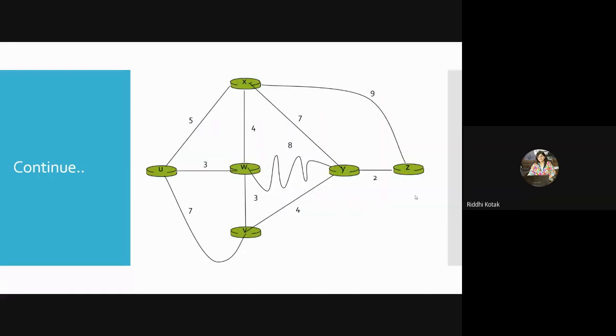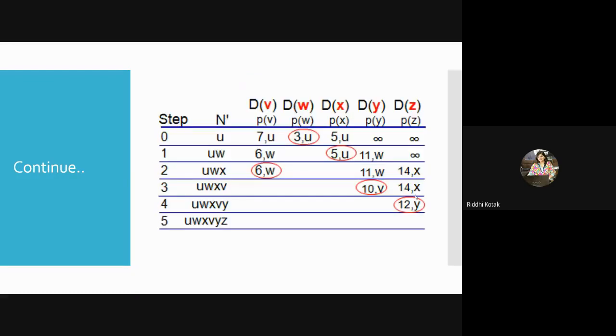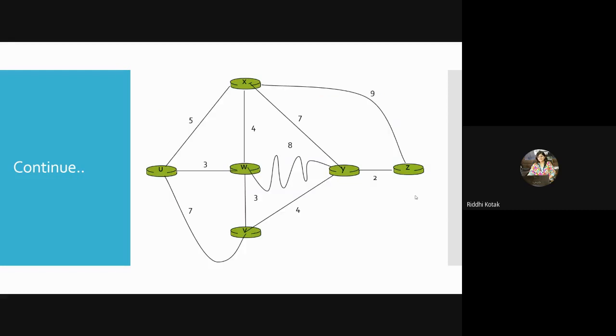X is the current node, W and U are already visited, and we have to go to node V. To reach node V, many possibilities are there. If you check X to U, you have to check all the paths, whatever links are there. I am able to find many links. I will discuss them one by one.